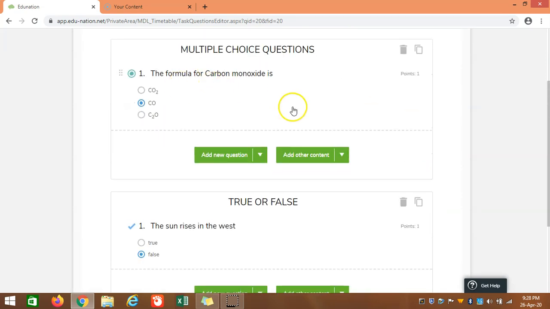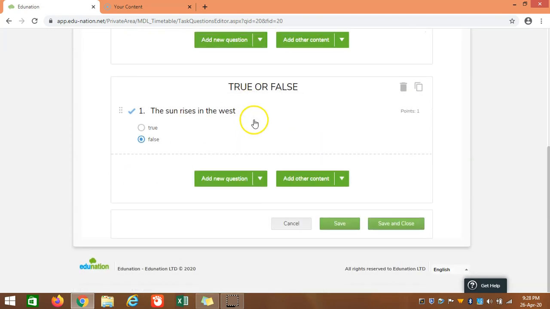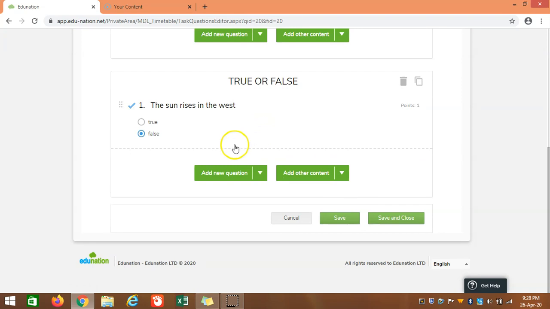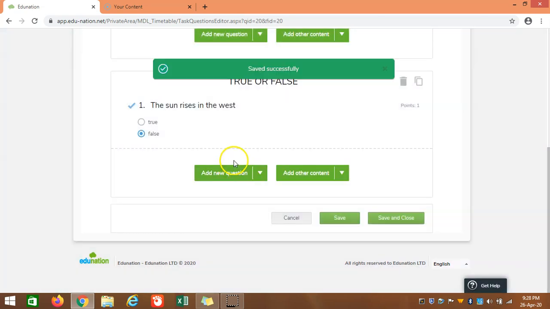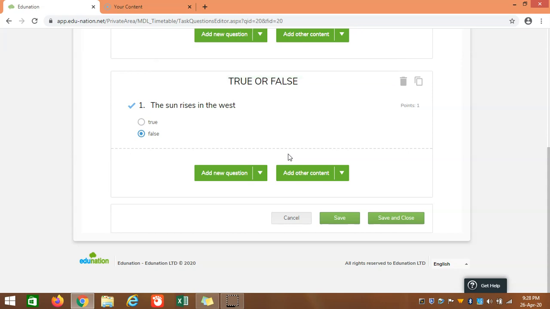Okay, hope you understand. We can add any number of sections, many sections over here. Also, one thing is that once you add the questions, make sure that after adding each question you are pressing this save, because then only the questions will be saved. Otherwise, if you have added all the 9 questions, and suddenly there is a problem with your internet connection, or your laptop turned off because of low battery, then it will not be saved. Make sure that after every question you are pressing this save.